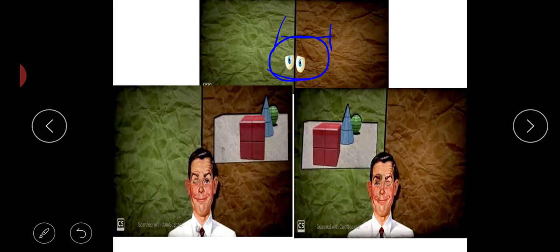Close your left eye and try to see a single object. Now you all can see that the single object is towards the right side, but when you open the left eye and close your right eye, you will see that the object is towards your left side. That is, see here, if this is an object which is in front of me, I am closing my right eye, and with the left eye I am observing, so the image is towards my left eye. Similarly, I am closing my left eye and opening my right eye. The image is visible on the right side.